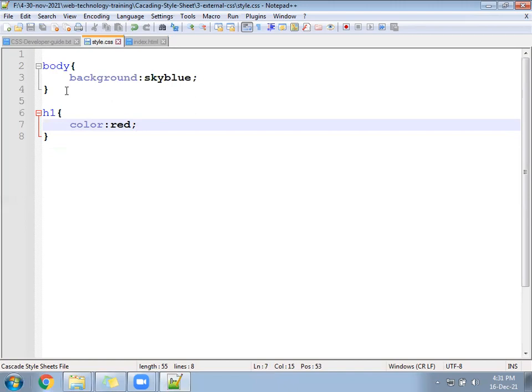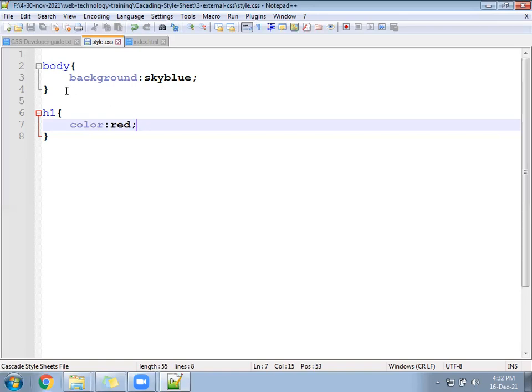Index.html and style.css, two files. One is a CSS file and one is an HTML file. So this CSS file is a separate CSS file. In this file, you are not going to start from the style tag.